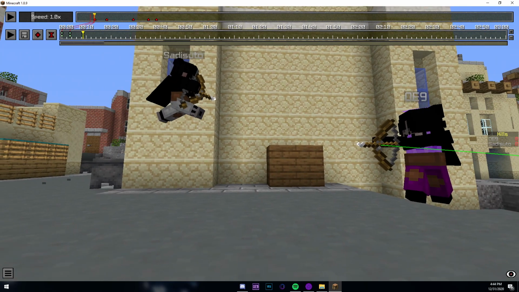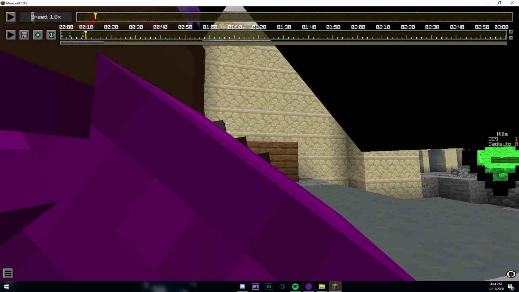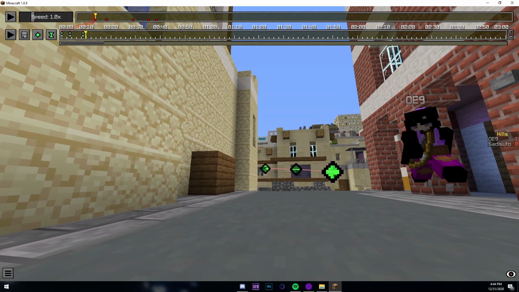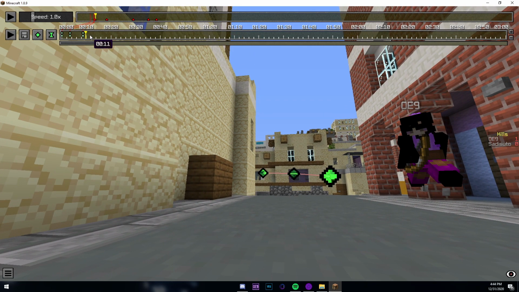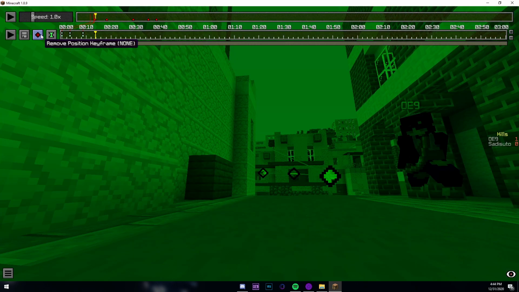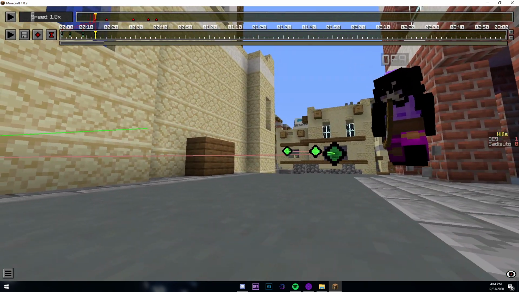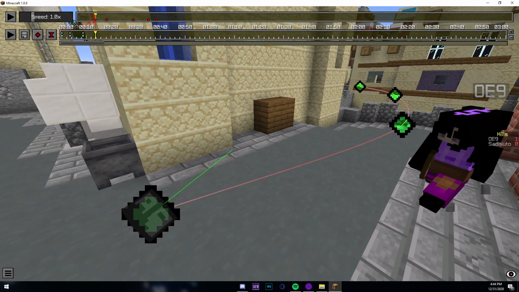I then continue this process by going through where each kill was gotten and placing keyframes. We know the player died somewhere in this area, so we placed a position keyframe and a time keyframe. A position to show where the player died, and a time keyframe to mark the time at which the player